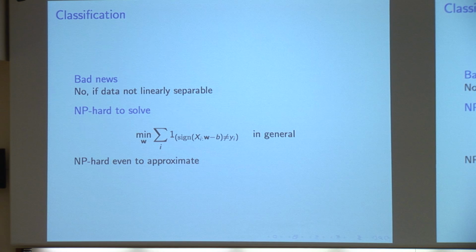Which I've already alluded to before. It's NP hard to compute a weight vector that minimizes the misclassification error in general. It's NP hard even to approximate. It's actually really bad, okay? And there's all kinds of heuristic algorithms and so on. But this is kind of what we expected. So it's good news that if you can really separate the data, you can just solve, okay? But in a case where, maybe even because of regularization or model selection issues, you can't exactly fit the data. In fact, you don't always want to exactly fit data, right? This is problematic, okay? Like we probably should have seen coming.